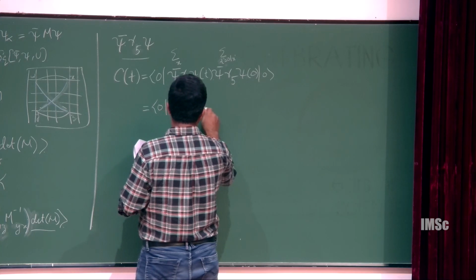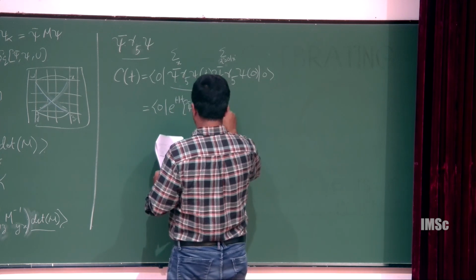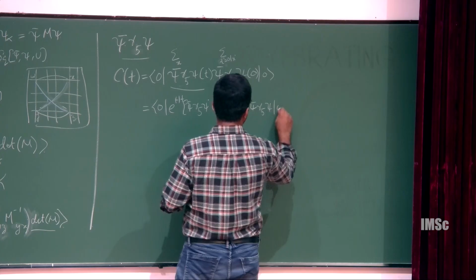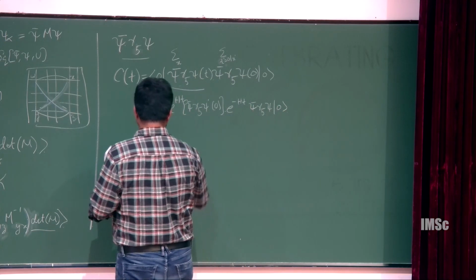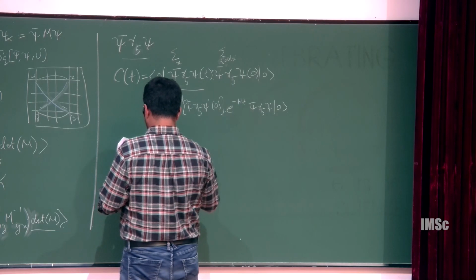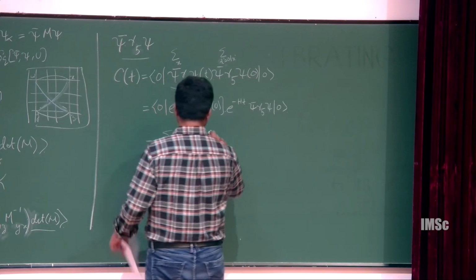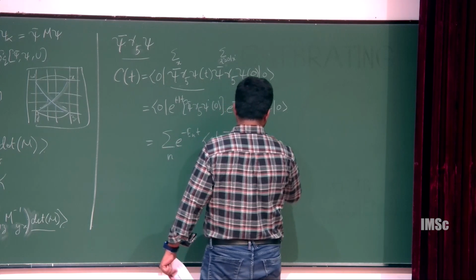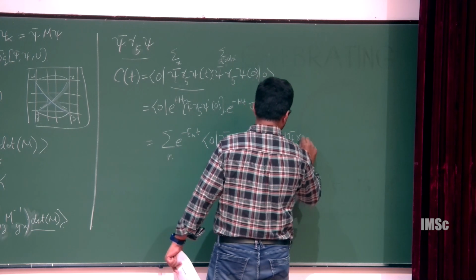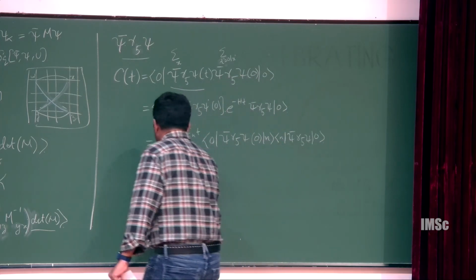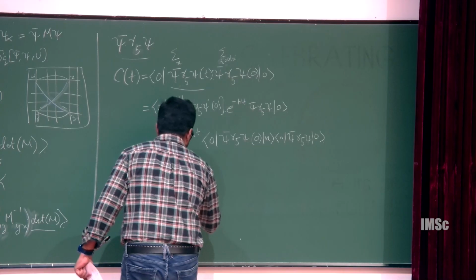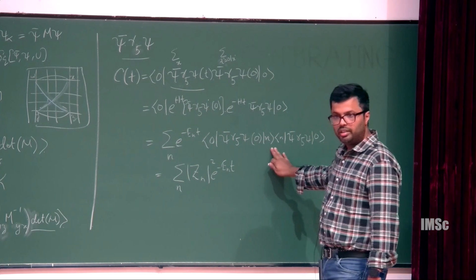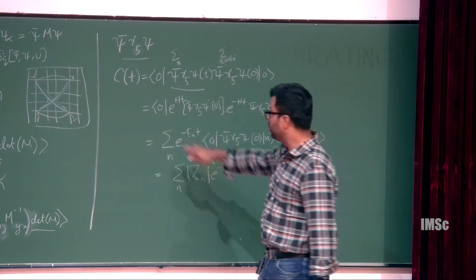This will give me psi, and this you can write down as, or else simply write this down as, so here I have actually inserted an identity, and then you can get an expectation for your correlation functions in